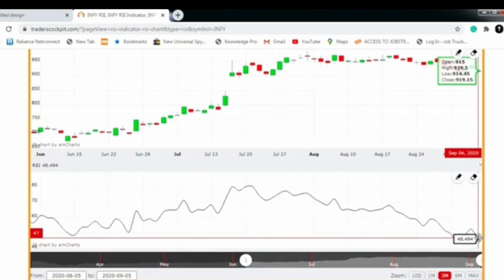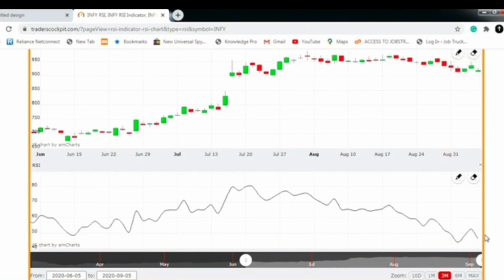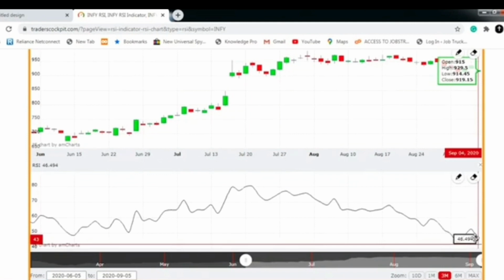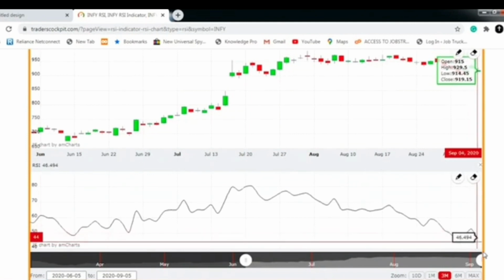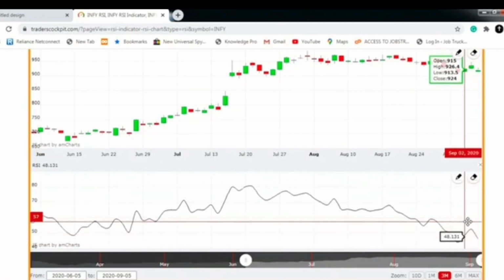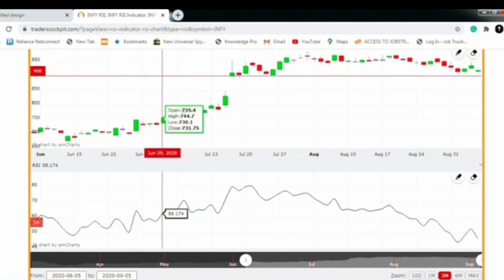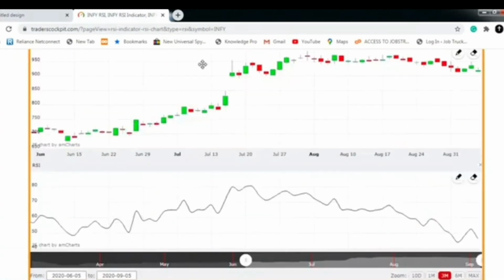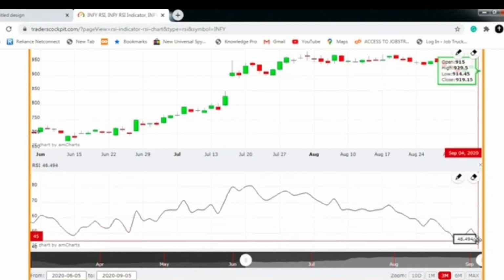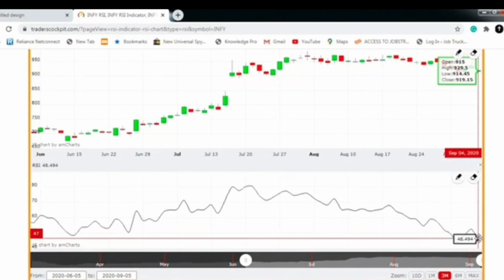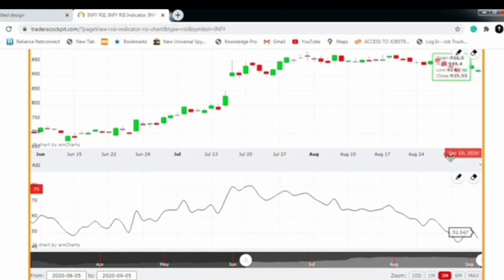So we'll do, as usual, a guessing game for Infosys now. Okay, let us take the RSI in Traders Corporate once more. Infosys RSI is lying at 52.55 today. It is near to overbought. Just have a look at Traders Corporate also. Our trustable Traders Corporate, we'll have a look.